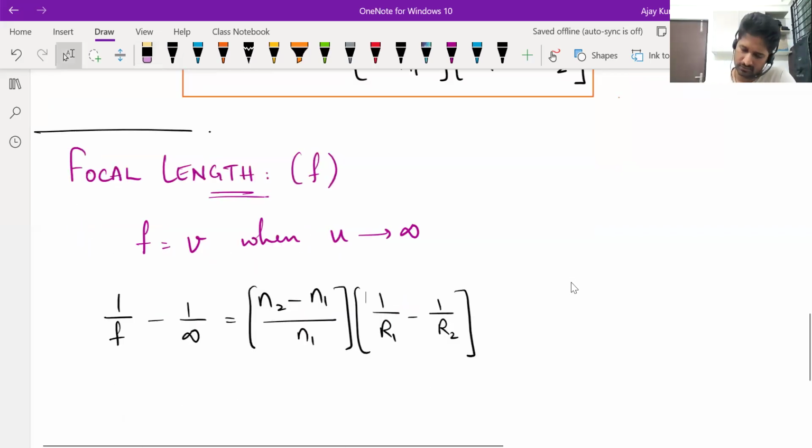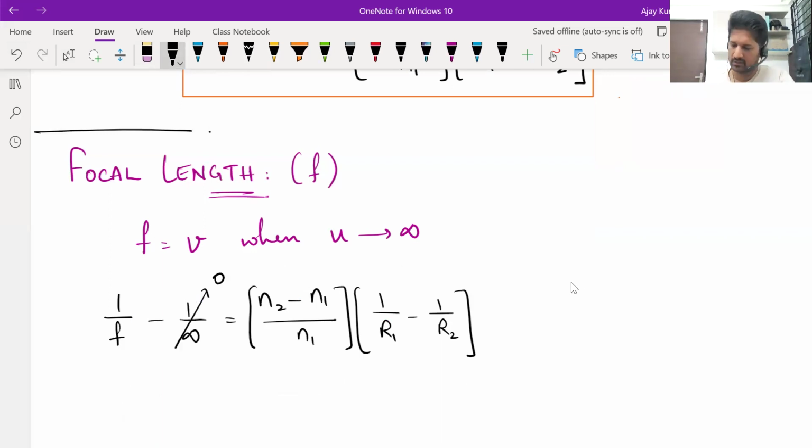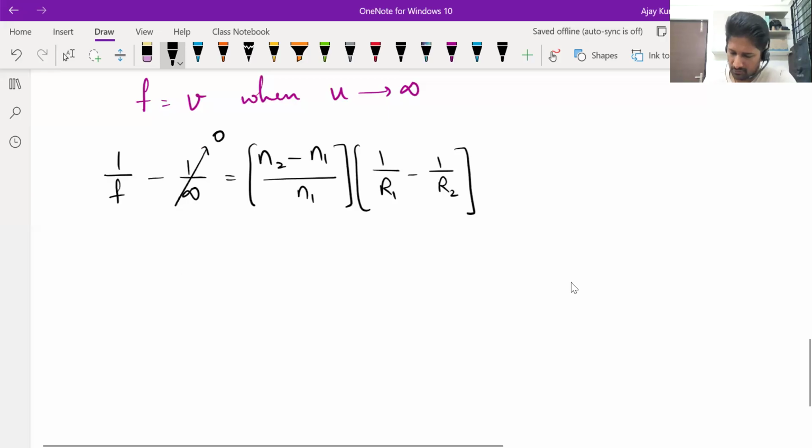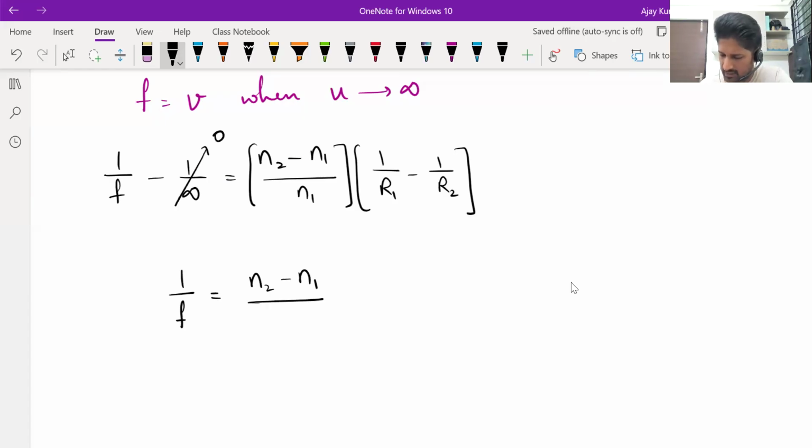Okay, so this tends to 0, 1 by infinity. That's all. This is the formula we use to determine the focal length of a lens. And why do we care about focal length? It helps us in ray diagrams. If you know the focus, it helps us draw the ray diagrams, and it helps you find out